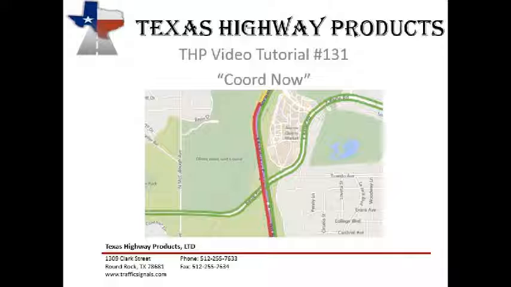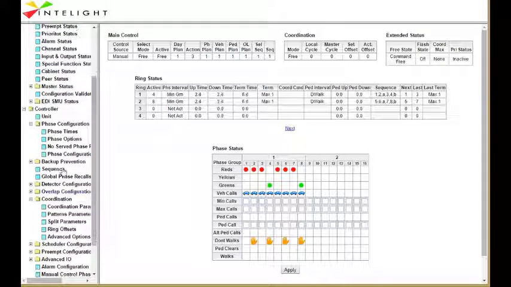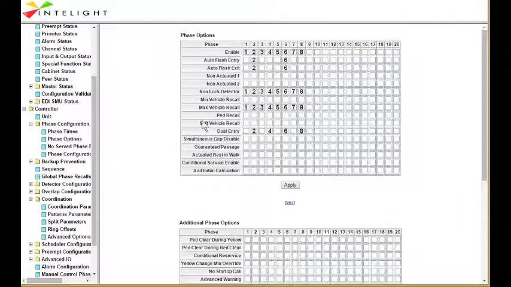This feature is used on a chord pattern where you need to have zero transition. What it does is look in the background at the cycles, determine where it needs to be in step, and go there, so it's immediately in chord. I have an 8-phase quad set up here. It's running free, and I simply have all the phases in Max Recall to get it to cycle under phase